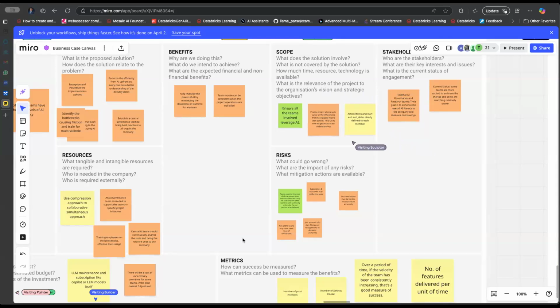And the scope, ensuring that all the teams involved leverage AI, and proper project planning is really needed by understanding the efficiencies that we can get from AI. And action items and start and end dates clearly defined for each member. This is not necessarily true for just the AI situation. It's true for any project management. It has been true historically for all the initiatives, but it is more important in the AI environment